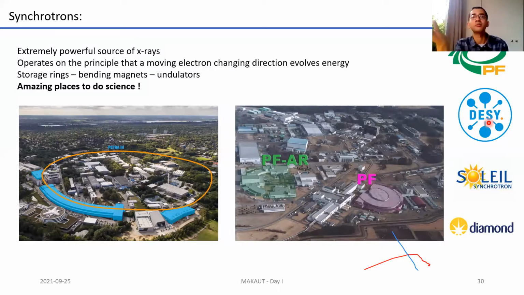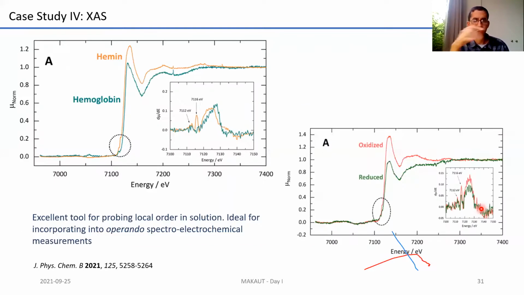And if your experiment is selected, you get to travel there, you get to do the experiment, and you get to collect amazing spectroscopy data for your research project, research paper, and so on. So this is a very interesting and very useful set of resources that I used extensively in my PhD. But anyone who's interested, I'd really encourage you to explore these sources and put forward proposals to do experiments there. And I'll finish off with a small example of synchrotron-based work.